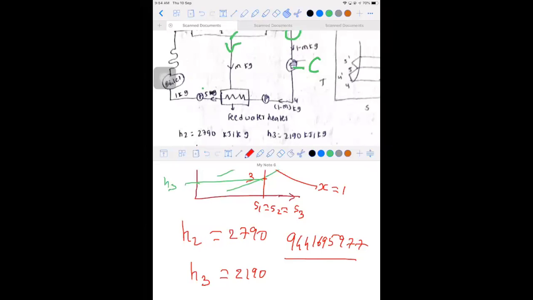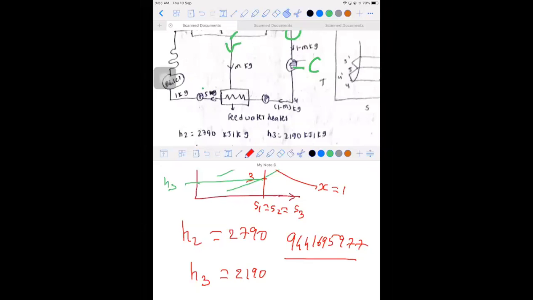If you are not able to identify the points on the Mollier chart, then you cannot proceed to the next sessions. Otherwise, if you are comfortable with your friends, you can contact your friends and try to get the clarification from them. Otherwise, you can straight away come to me. We are here to serve you.